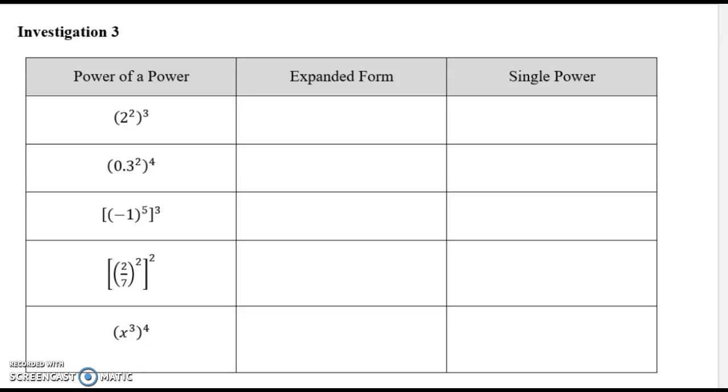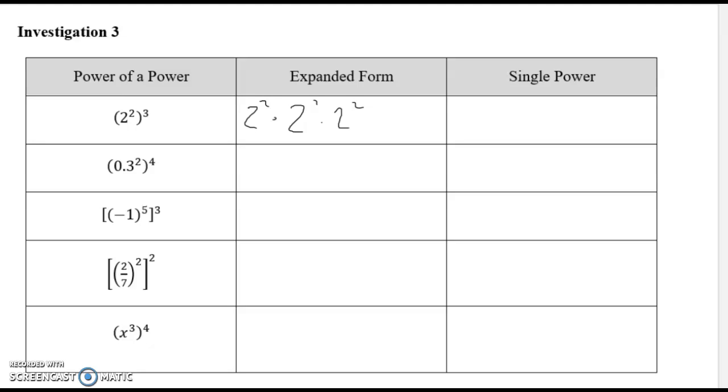Okay, so this is just continuing investigation 3. This one is power of a power. So we have 2 to the exponent 2, but we need it to happen 3 times. So when you expand it, it would look like this. 2 to the 2, remember dot means times, 2 to the 2 times 2 to the 2. Okay? Which would mean that